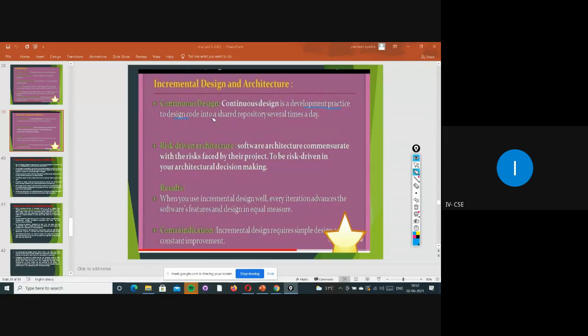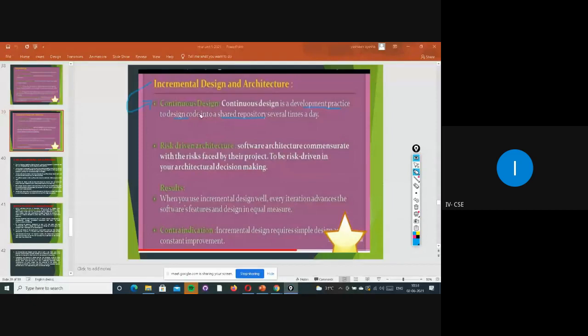How will they do the practice? They will be sharing into the repository several times a day, so that whoever is working in that will be working or changing and updating the code, right? So this continuous design occurs mainly whenever the customer gives any new requirements or new things to add. Here a lot of discussions, decisions, work and meetings will be involved. They are not simply going to design that code and run it, right?